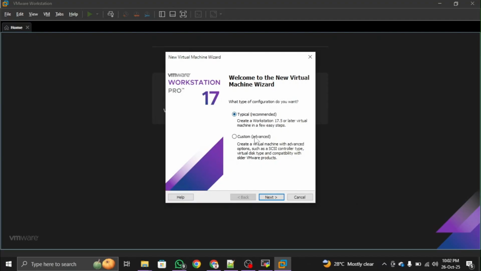And we have two types of configuration, typical or custom. We will go with the typical one because it is easier to configure and it provides some easy steps for configuring a virtual machine. Whereas with custom advanced, for example, if you have a different use case, like configuring a server for SCSI or some other use case depending upon your environment or organization, you can select custom. So right now I am going with the typical one as it provides easier steps,